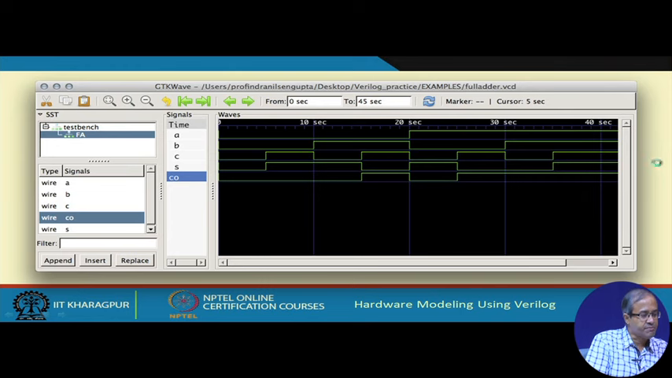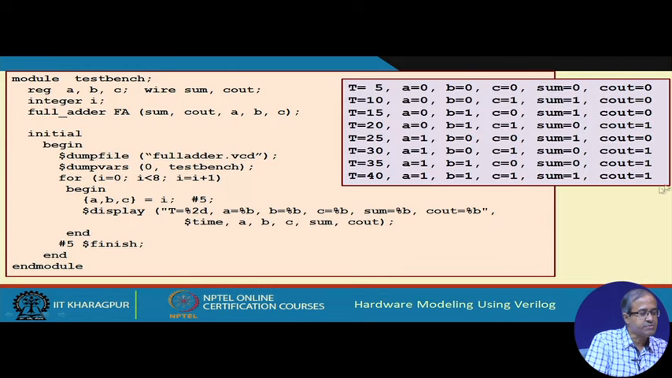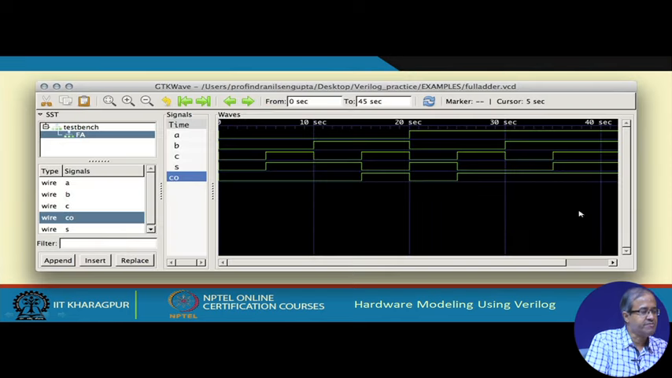Let us go back to the previous one. You see, this was the simulation output. At time 5, you applied ABC as 000, at 10 you applied 001, at 15 010 and so on. Let us see whether it is happening. This is my time t equal to 0. You see A, B, C are all 0 0 0 here. At time t equal to 5,